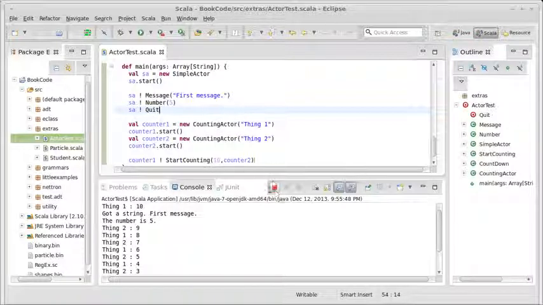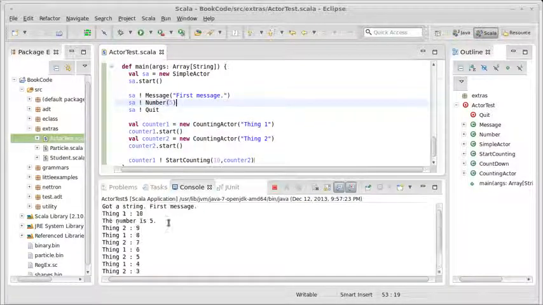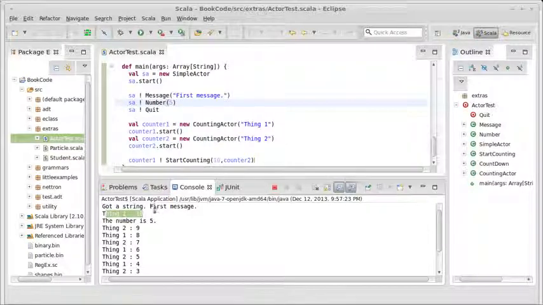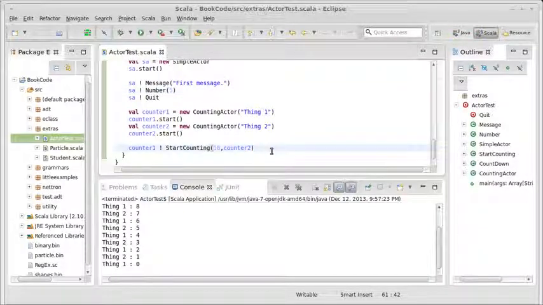There is one challenge here, and that is the fact that this program is still running. Well, we can terminate it. It's actually interesting to run this again and see what happens. Oh, this time thing 1 happened between the two messages for simple actor. That's kind of what I wanted to see, if this would change order. Indeed it does. I don't like the fact that that keeps going though, so maybe I should send counter 1